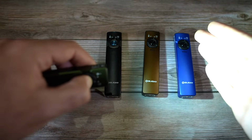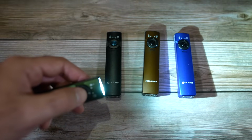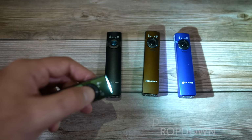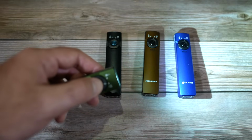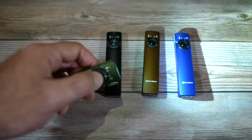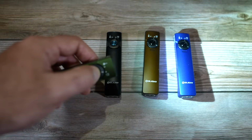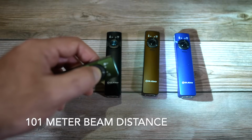Now I'll go ahead and do a double tap to get to that turbo setting, and now we're at 1000 lumens, and you can see here that will last for 4 minutes, which is very impressive for a turbo mode. Typical turbo modes last for around 1 to 2 minutes. 4 minutes on turbo, very, very nice for a light of this size. It's going to slowly drop down to 300 lumens, and that will last for an additional 110 minutes, and also that will give you a beam distance of 101 meters with a candela of